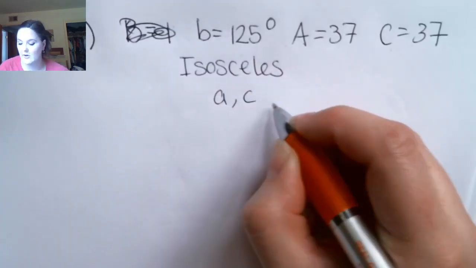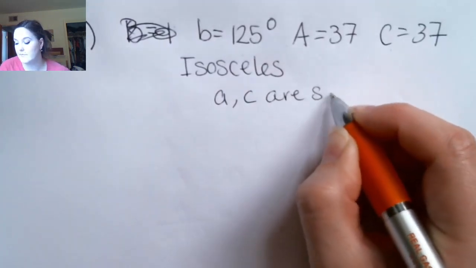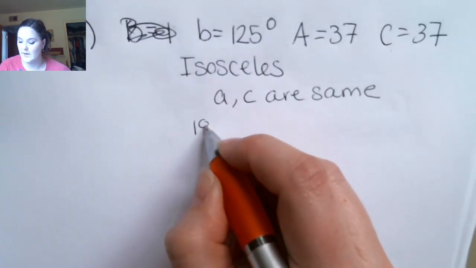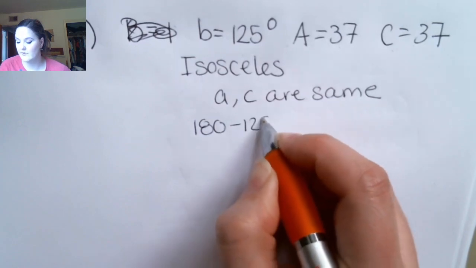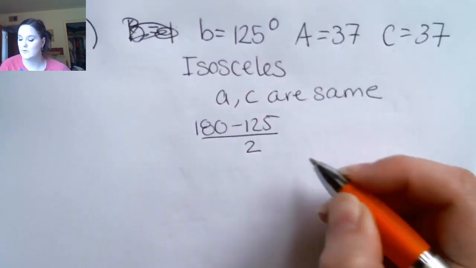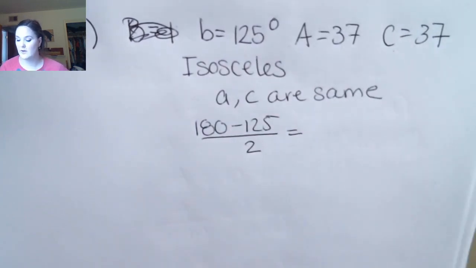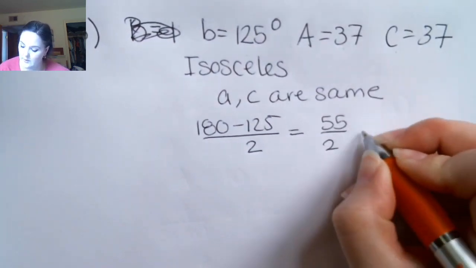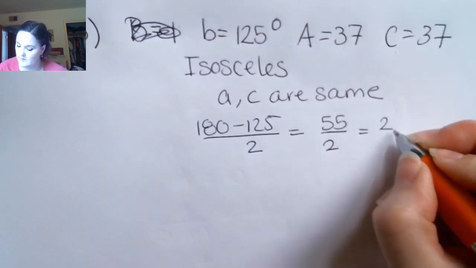Okay, which means that angle A and angle C are the same. Okay, so we would just do 180 minus 125 divided by 2 to get each one of these angles. Okay, so we would get 55 over 2, which is,